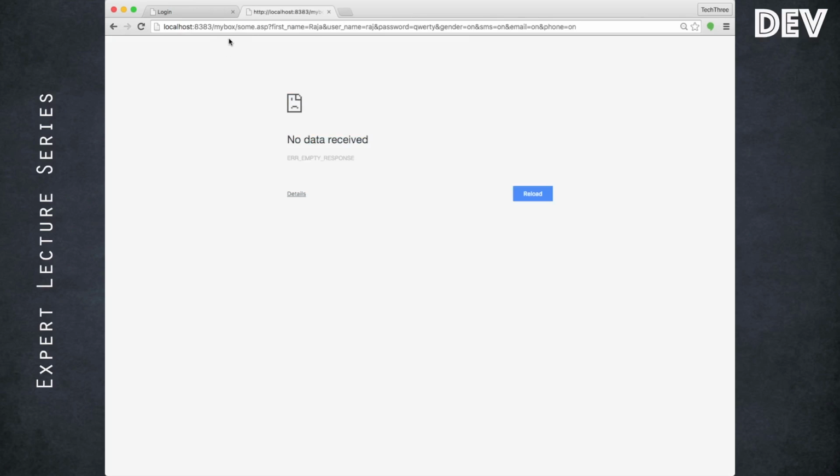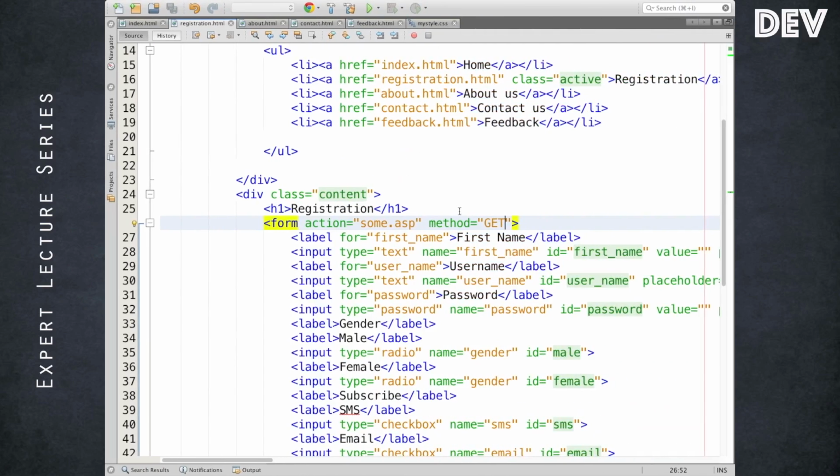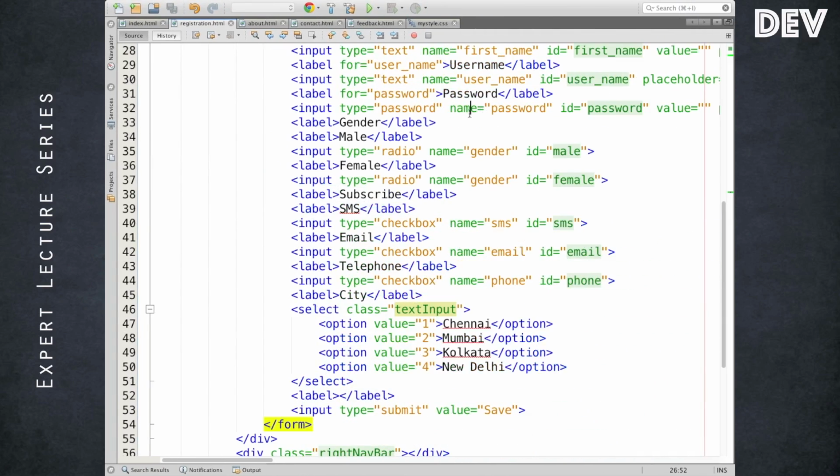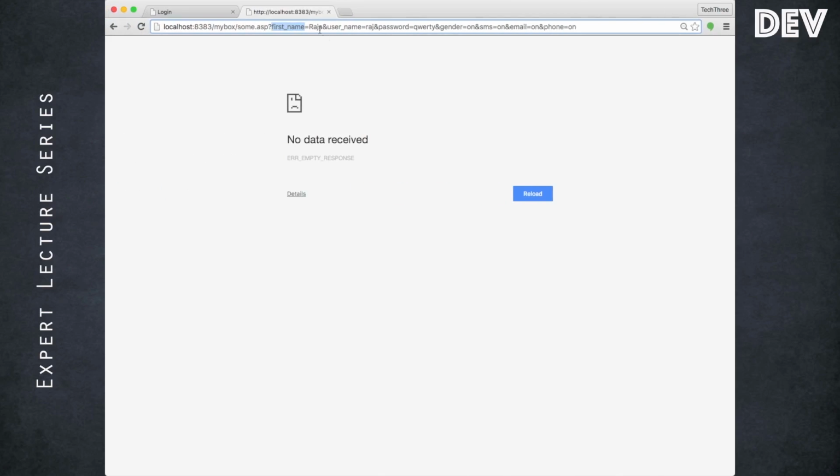I submit it. If you see, the URL is appended with the values whatever I entered in the form elements or in the input text field. If you notice, the name I specified in the name attribute, and what I have entered, the corresponding values are being appended in the URL itself, and the value is being sent to the server in this way.